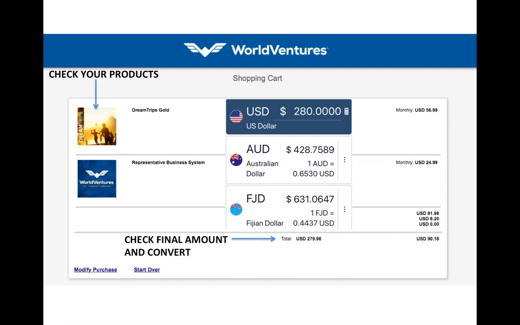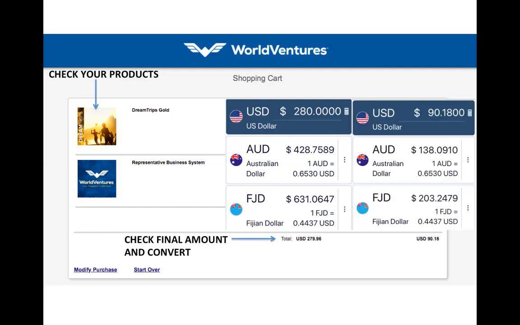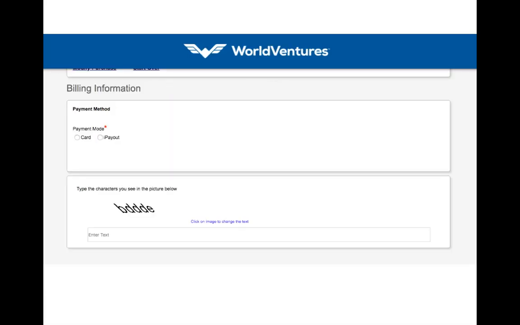And on the right-hand side is your monthly fees. So you can straight away see what you will be paying the following month. In this case, it's $90.18, and that's around the $200 Fijian mark. Cool? Okay. The next page we come to is the billing information, your payment method. So always choose the card,